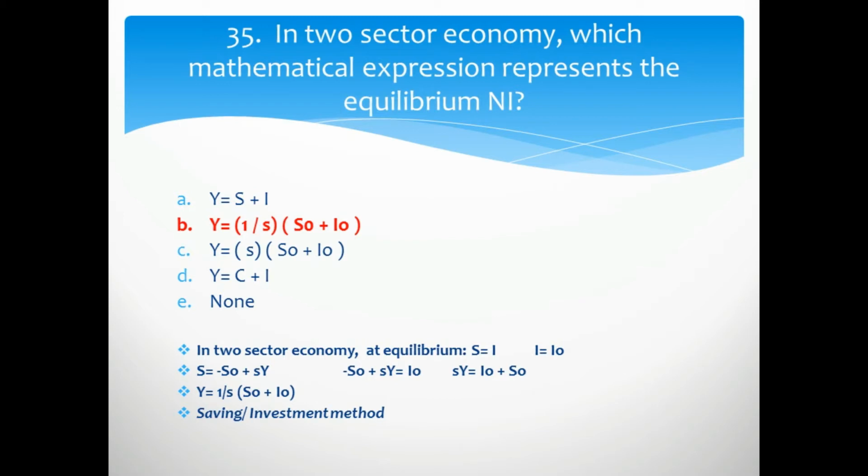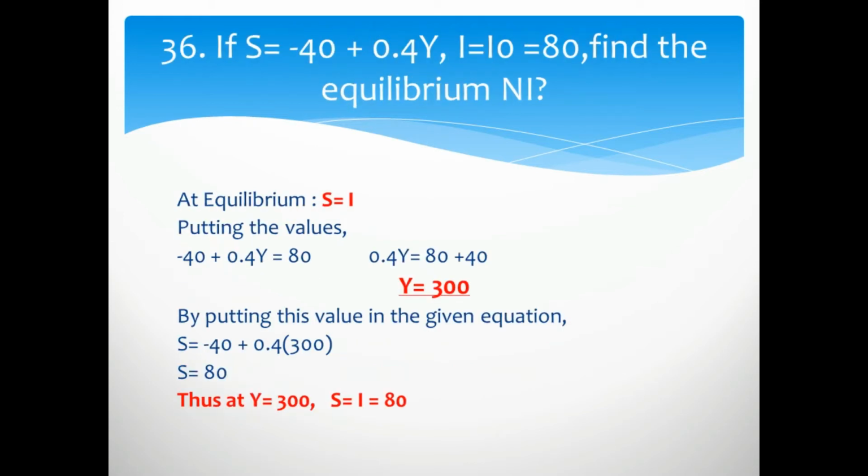So when we put all this information in the given equation, that is, saving is equal to investment, the equilibrium point, we get the B option. Here is a numerical question: if a saving function is given, that is S equal to minus 40 plus 0.4Y, and I is I naught, and I naught is equal to 80, then find the equilibrium